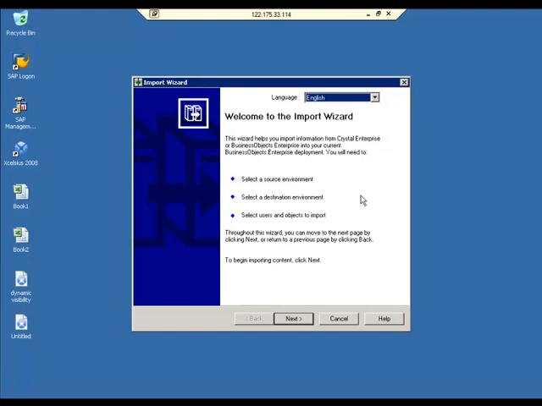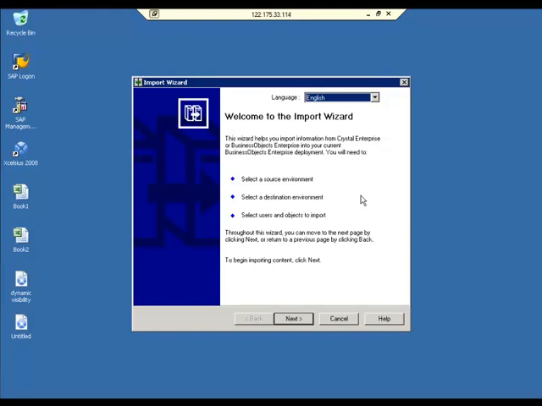For example, you want to import from dev to QA and move all the users. Please select all the users, folders, reports, as well as universes and connections, which we call objects. If you want to move from dev to QA, first take dev as the source and QA as the destination. And if you want to move 10 reports, select those 10 reports in dev and move them to QA.